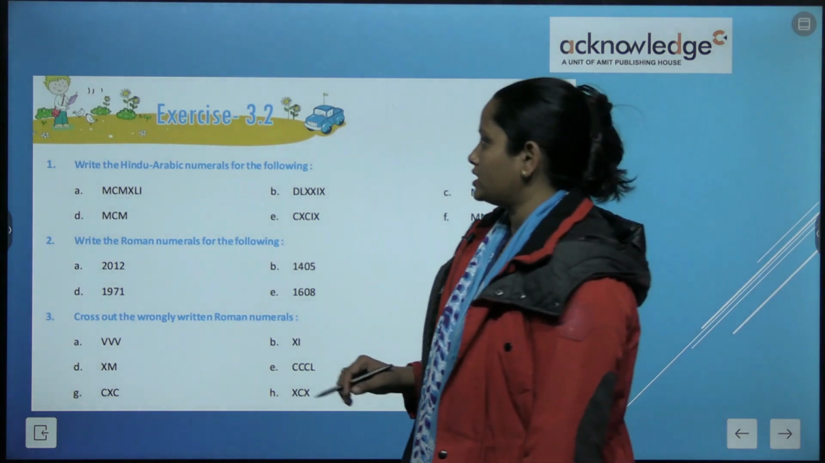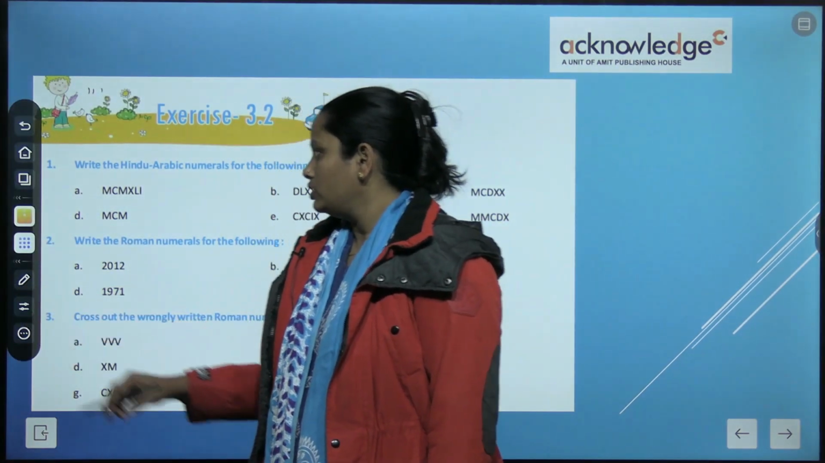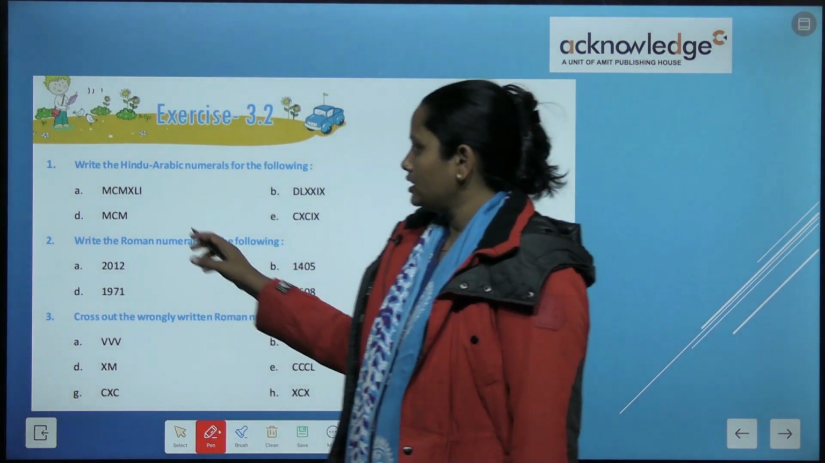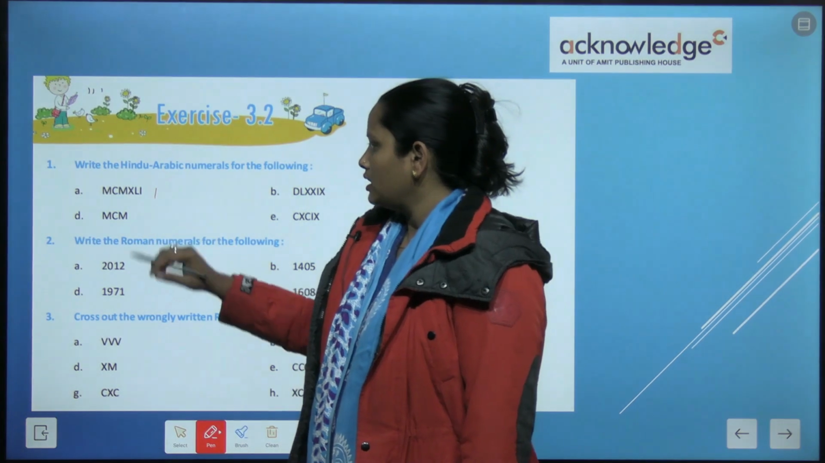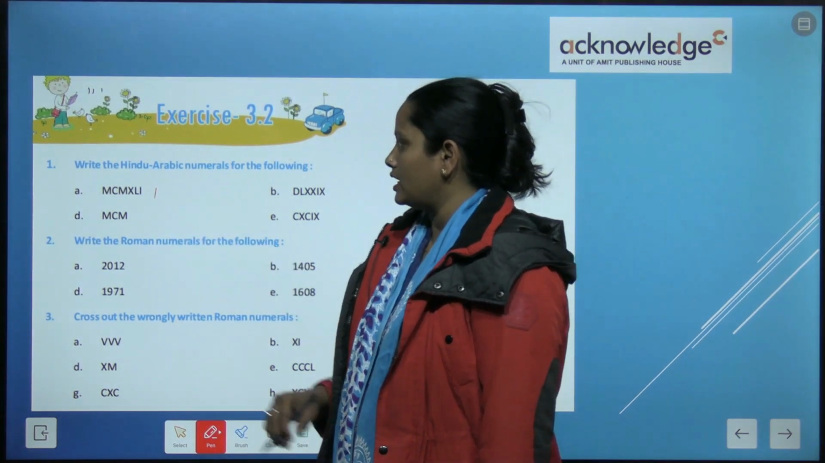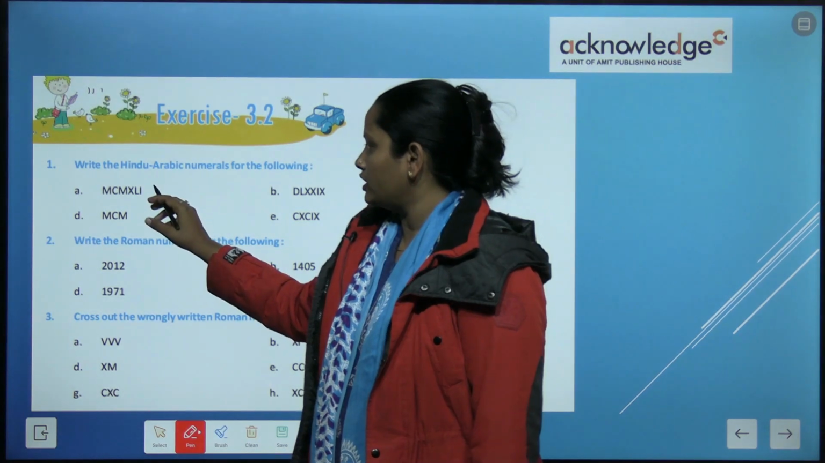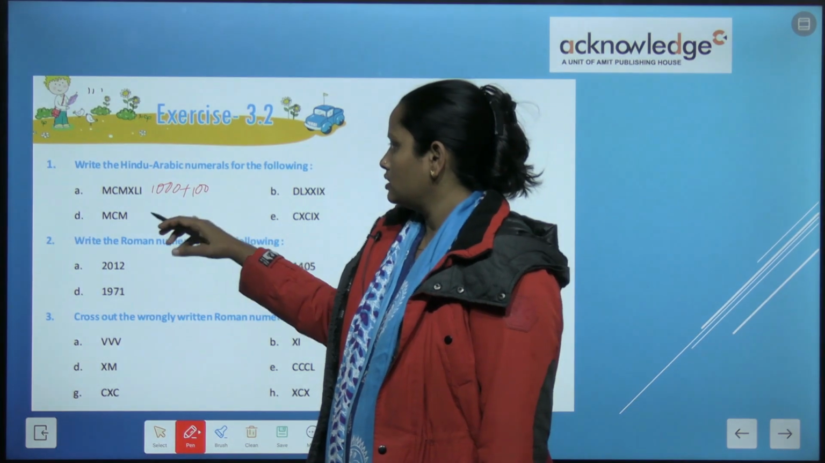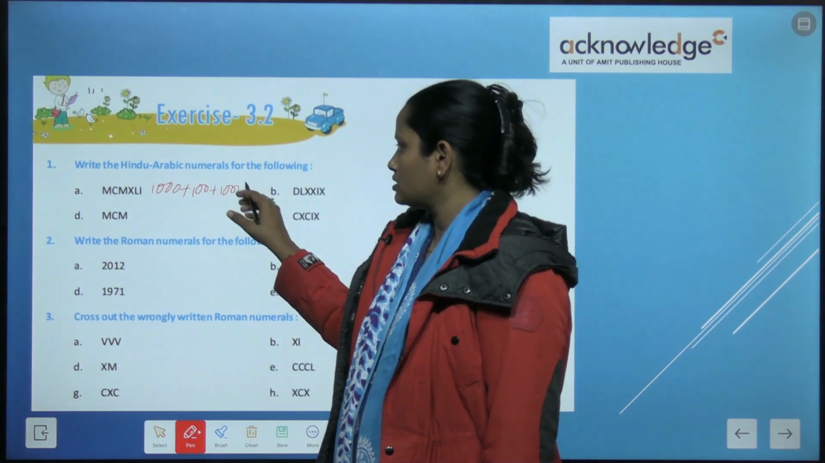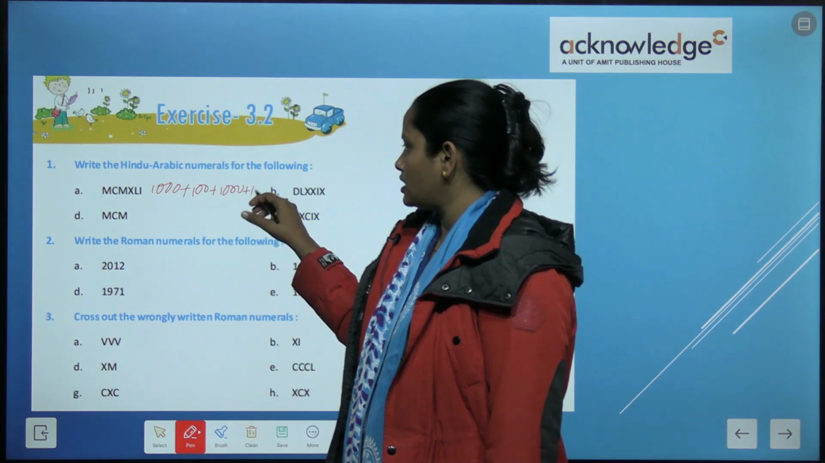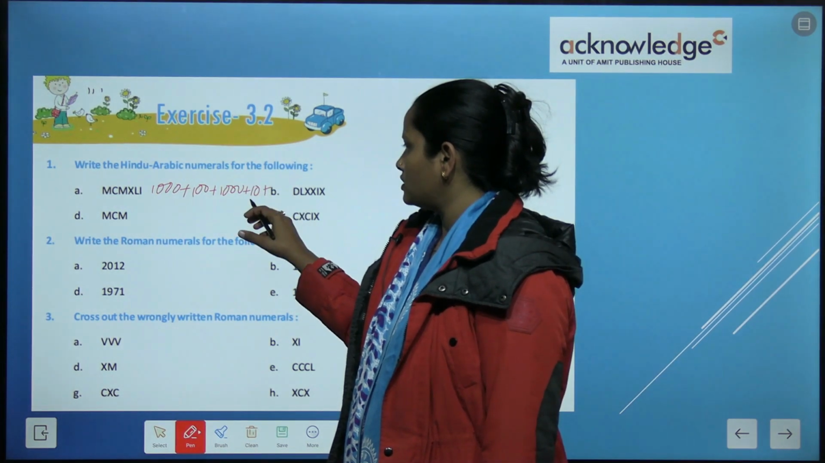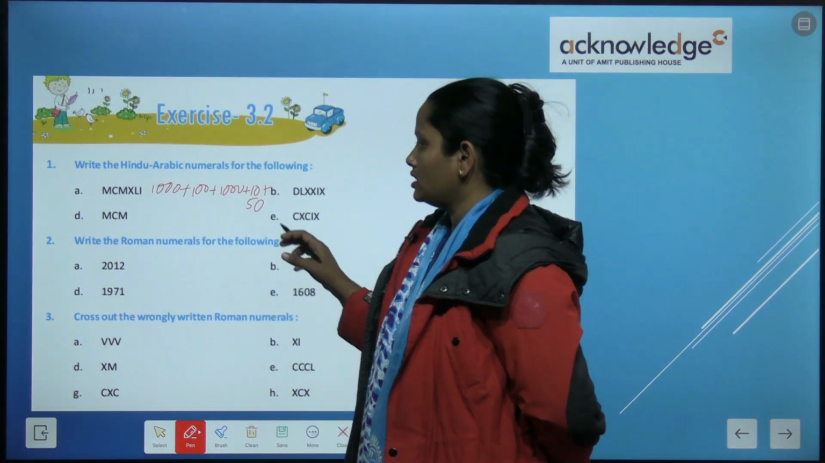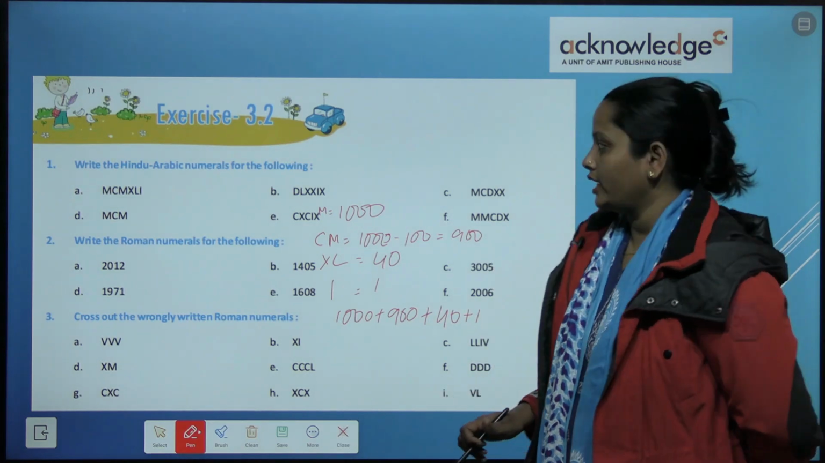Now let's do this exercise number 3.2. Here the number is given. Let's see what we have to write. M means 1000 and CMXLI. So here the number that we get is 1000 plus 100 plus 1000 plus 10 plus 50 plus 1. So children, when we calculate this number,